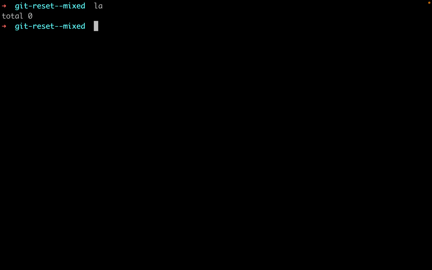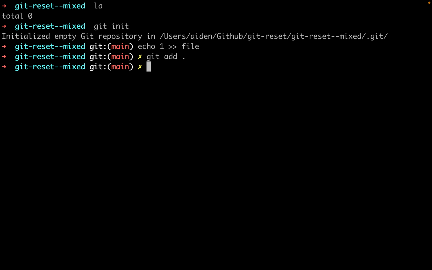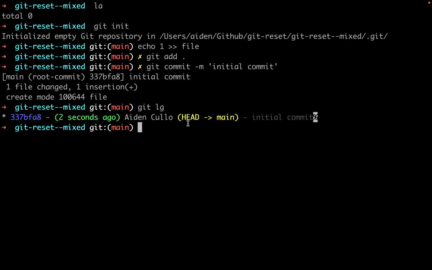So we just have a clean repository here. We can initialize it. We can write to some random file, and make a commit, initial commit. So now we'll log, and we'll see we have one commit. Okay, so now, to demonstrate what git reset mixed does, we're going to